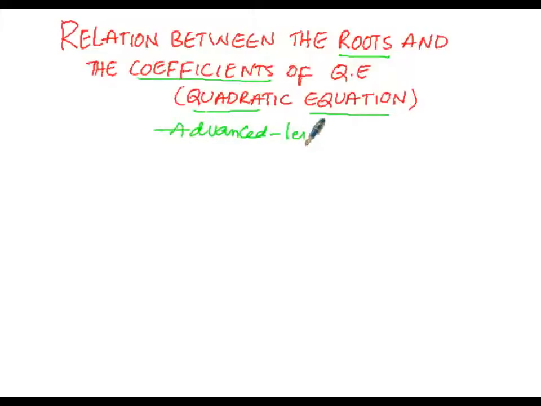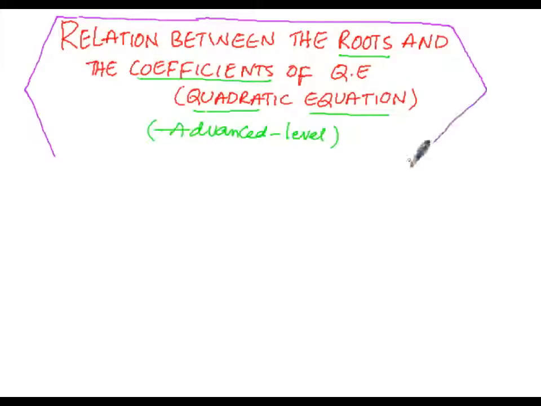So here we know that the quadratic equation general formula is ax square plus bx plus c equals to 0, and it has two roots, which are given by the formula x equals to minus b plus or minus root of b square minus 4ac divided by 2a. There are two roots in it. One is x equals to minus b plus root of b square minus 4ac by 2a. The other one is minus b minus root of b square minus 4ac divided by 2a. So the first relationship, this is part 1,